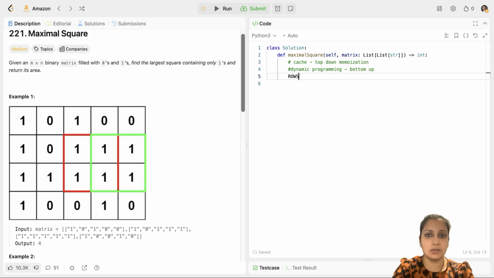First of all, I'll create 2 variables, rows and columns. Rows would be the length of the matrix, which is this. And columns would be the length of the first row of the matrix, or any row. So these are your rows and columns. Now I'll initialize my cache. I will take a hash map as the cache, where my key would be the rows and columns, that is R, C. And I will be mapping each R, C